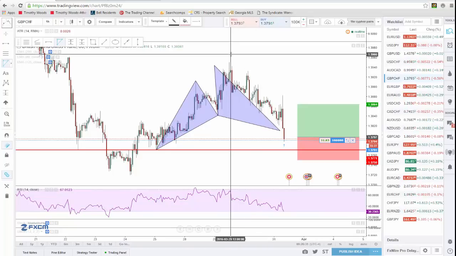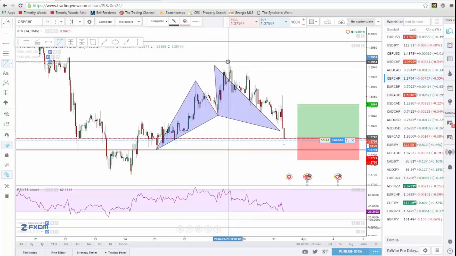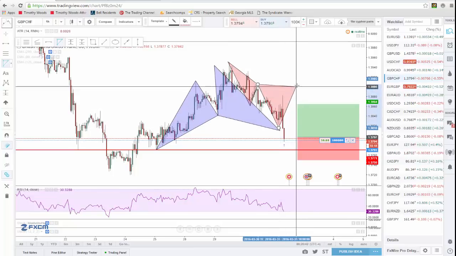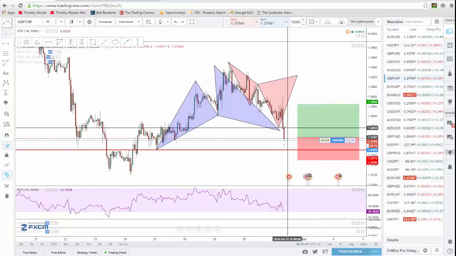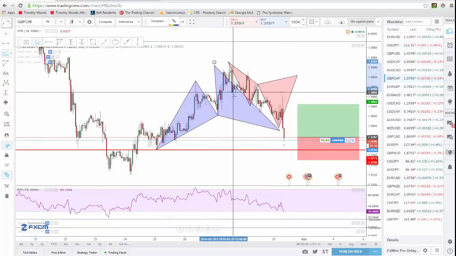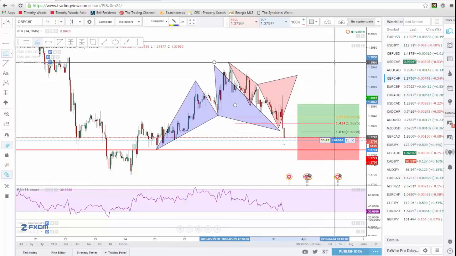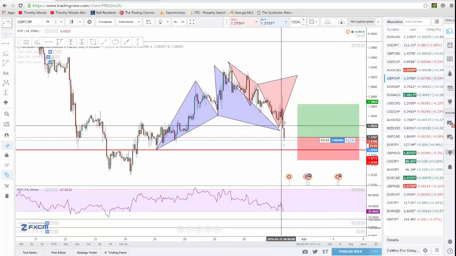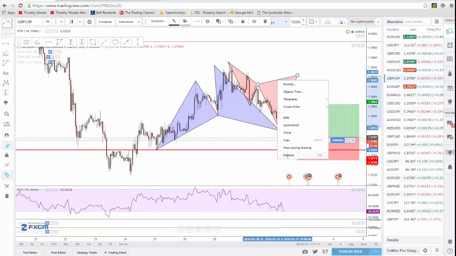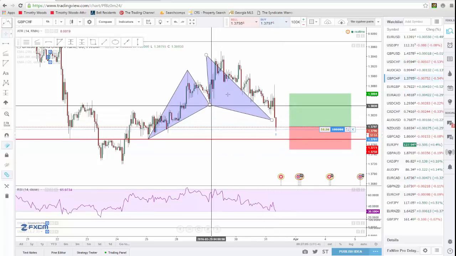Alright, so now that we're involved in that, there was another cipher pattern coming down. It was a bearish cipher, but if this candle closes down here, then it will be invalidated. It came in from here, X to A to B, B to C, and CD completion was right up here. But like I said, this candle may have invalidated it. Let me check my 127 here. Yeah, it's already been invalidated by this candle here, so that cipher is no longer a valid potential cipher pattern. And that is our trading opportunity for now.